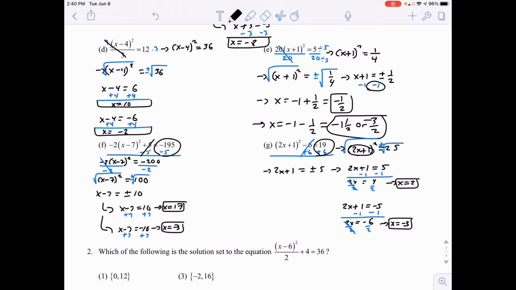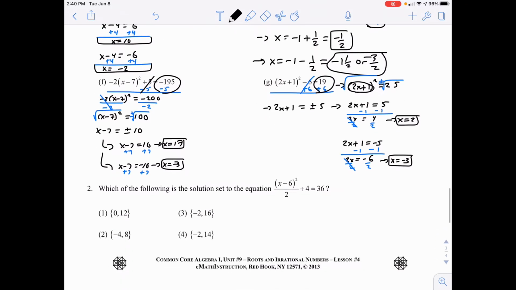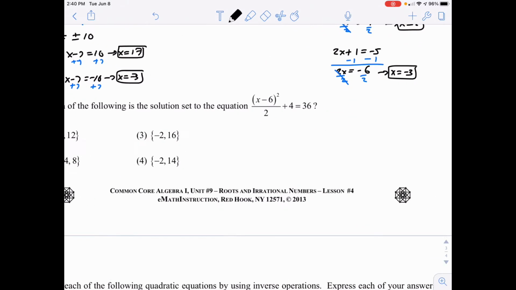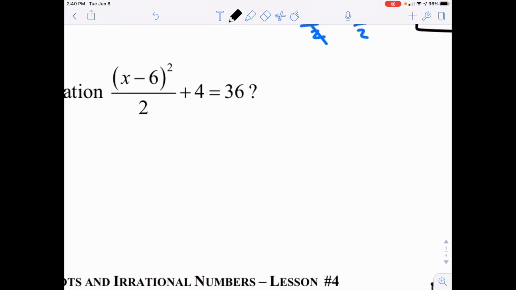Number 2, which of the following is the solution set to the equation quantity x minus 6 squared divided by 2 plus 4 equals 36? Let's take a look. First thing we want to do is probably get rid of that 4. So we'll begin by subtracting 4 both sides,